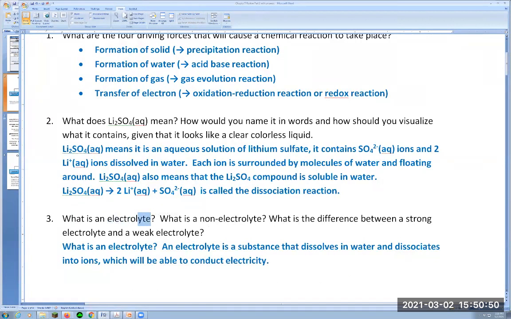And lyte means you have these pieces that are able to conduct the electricity. And electricity is conducted by charged particles. So it can be ions, like here in solutions, it would be the ions that carry the electricity. But in a piece of metal, it's the electrons that are moving around and carrying the electricity. So you need movable charges for a substance to be able to conduct the electricity. And so when you have ions in water that are free from each other and able to move, then they